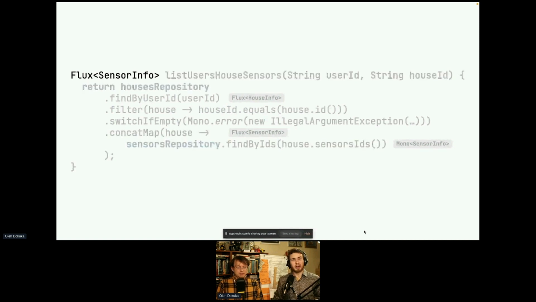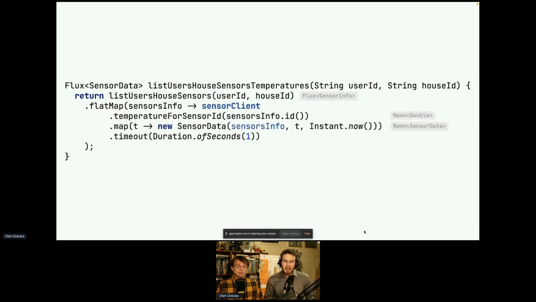One more thing that I missed. I have to rework all the API and re-implement all your code. Indeed, that's true. I have to refactor all my API in order to support Fluxes and Monos across the whole stack. Otherwise it makes less sense, since other interactions are going to be blocking. Anyway, look at this great implementation of merging requests from multiple sensors in parallel.